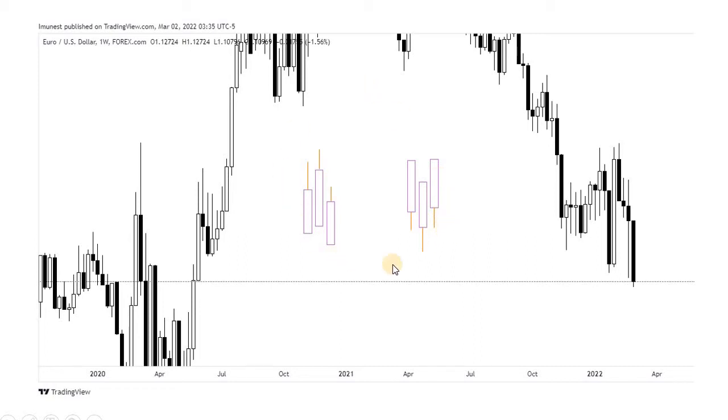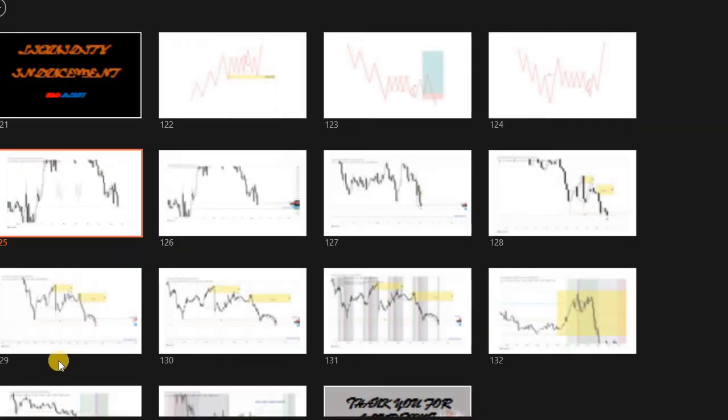Now what's the significance of this? It's very useful in determining the direction of the market, especially where we have a continuation trade. For example, if a swing high is broken,